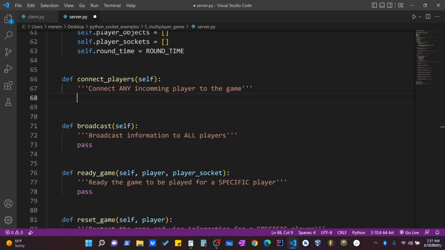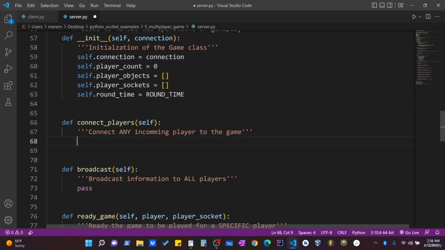All right, so let's talk about what we need to do in this method. So we're going to have a constantly running loop that is going to accept clients as they join the server. However, we don't want to accept all clients. We only want to accept clients as long as there's room in the game for them. So if you recall, we have a constant variable, total players. So as long as the game's player count attribute, which is currently set to 0, as long as that player count is less than the total number of players we're expecting, we should just keep running this while loop, listening for incoming players. So we'll say